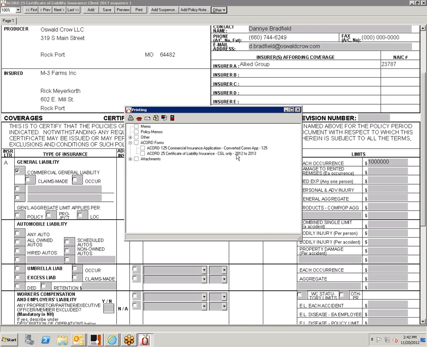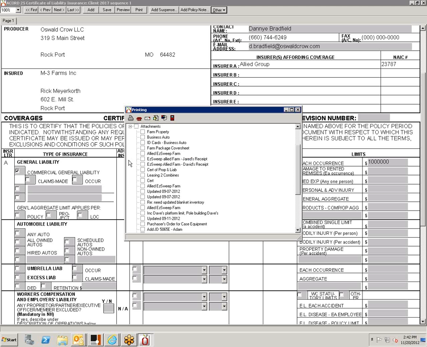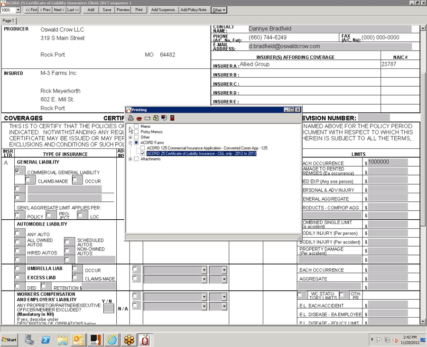This is why you want a description, because let's say that I had another certificate on file. Maybe it has auto and umbrella for this policy period, and I chose to make another master one. Well, if I don't have a description, I'm not going to know which one's which. I can choose this. I can even choose to add attachments if there was an attachment that I needed to have along with this certificate.